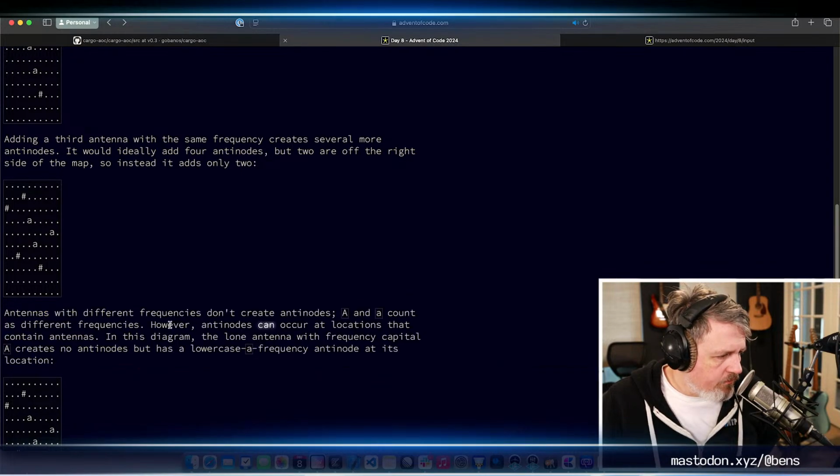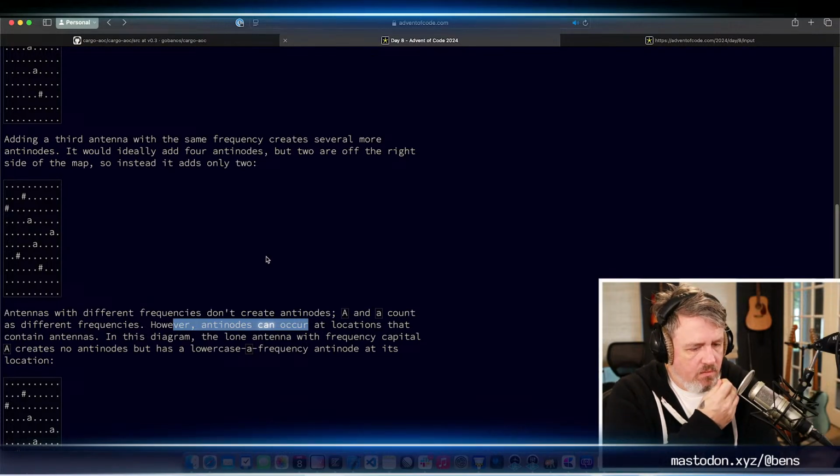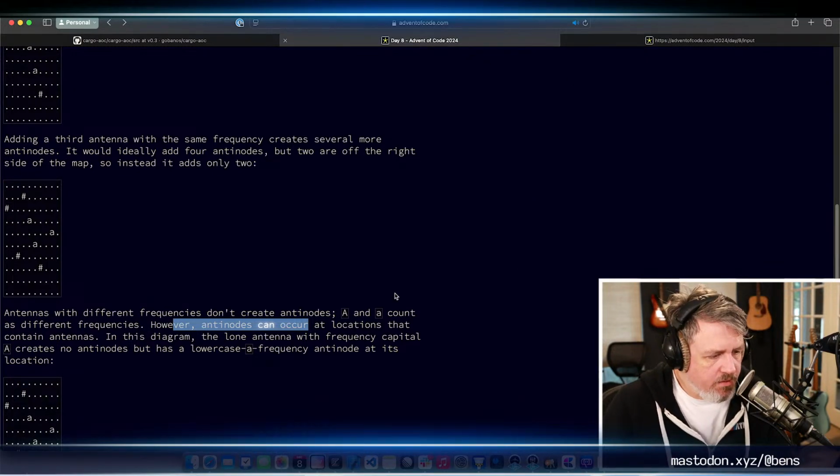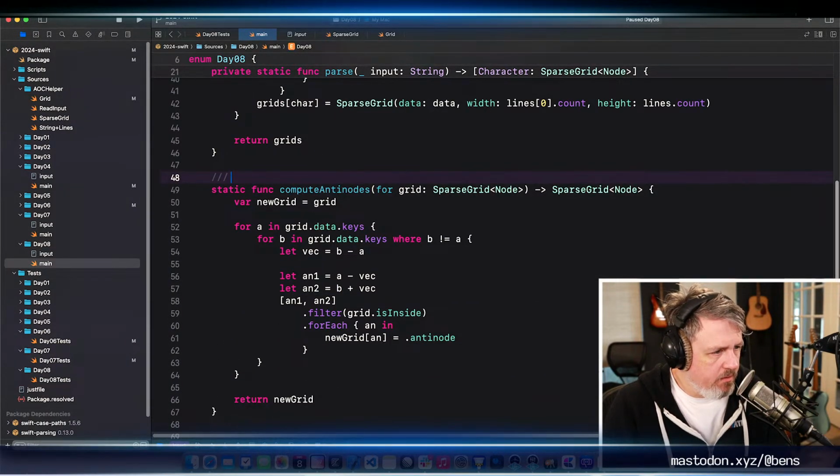So this is interesting because I don't know if my solution would handle this properly. I guess the question I have is, what if I had, let's just say that they were in a line.